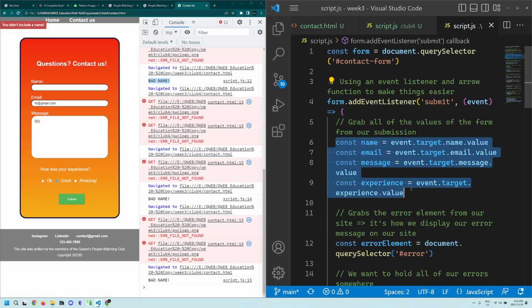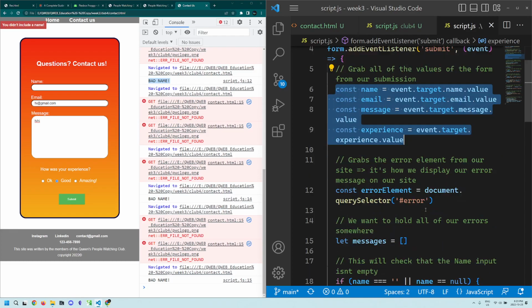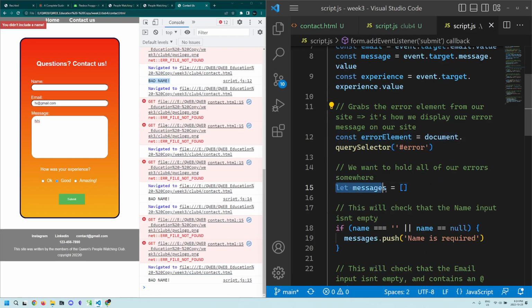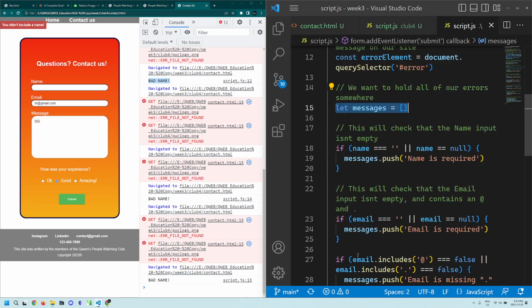We grabbed all of our name, email, message, experience. Once again, we're grabbing our error element here, and in this case, we've done it in a slightly different way that allows us to have multiple errors at once, right? So we've set up an array called messages, and then every time we check for something, right, in this case